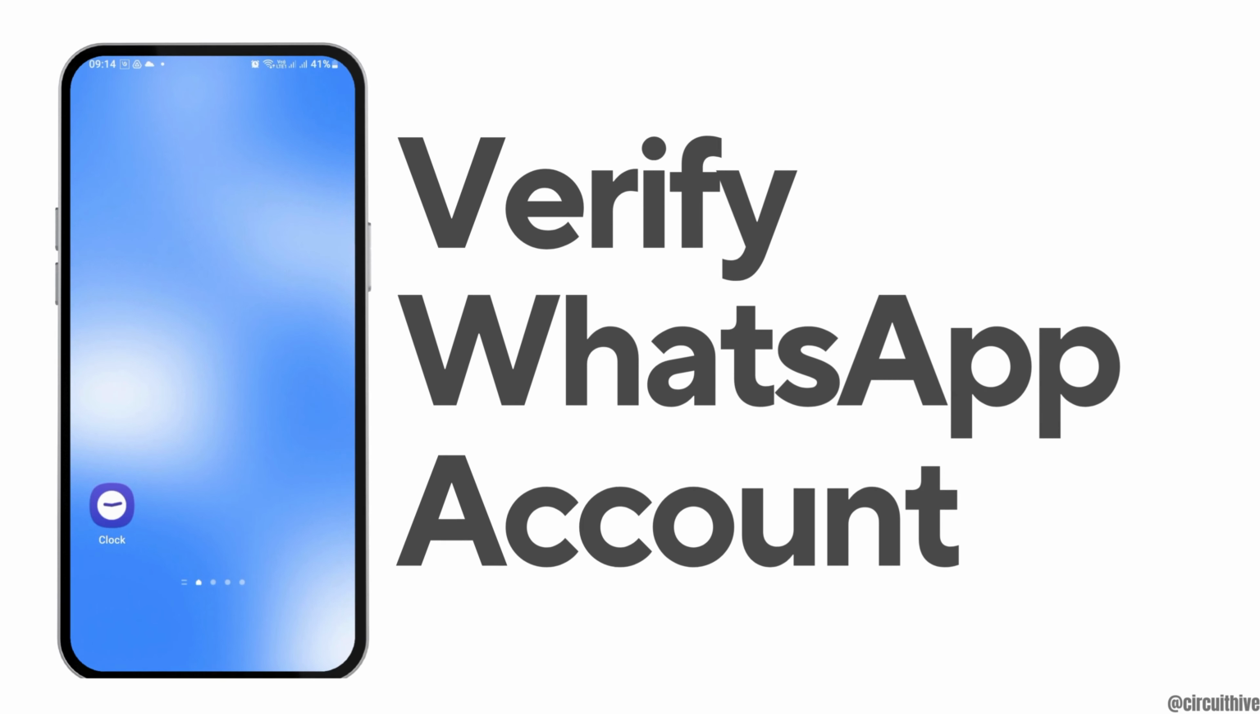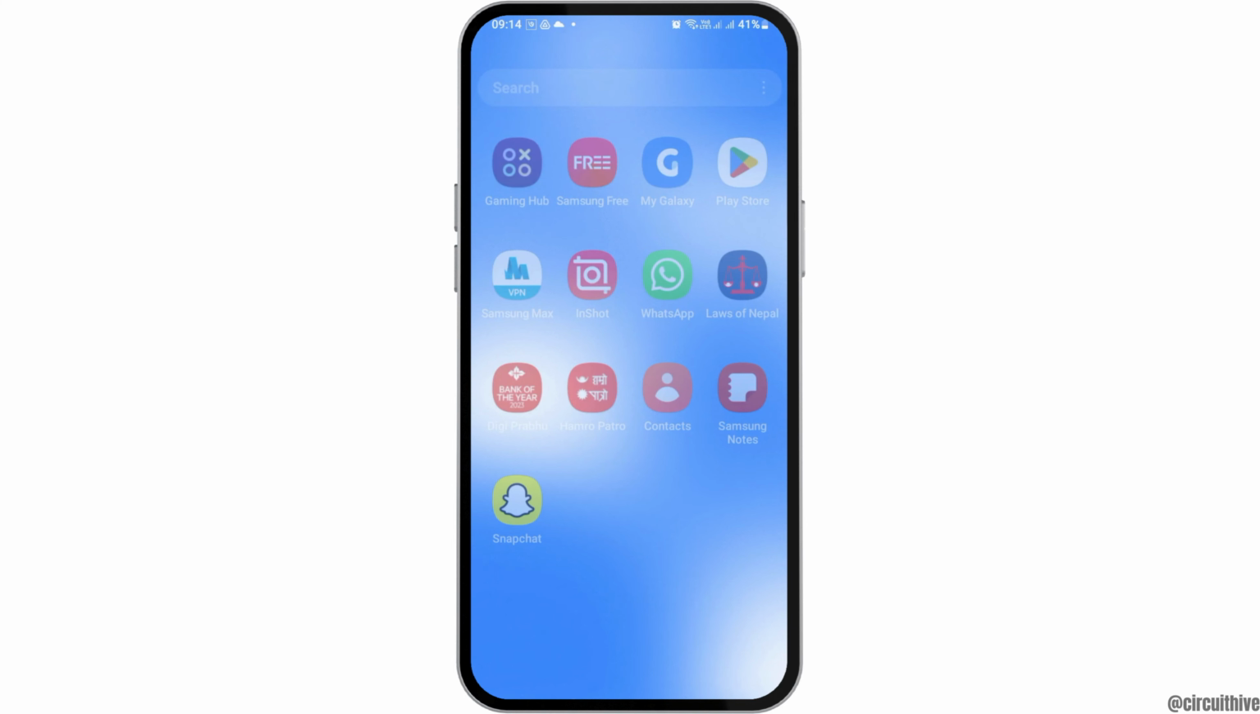How to verify WhatsApp account. If any day any of you are a WhatsApp user and you would like to verify your WhatsApp account or get a green tick in WhatsApp account, but you do not know how to do that, just follow the following